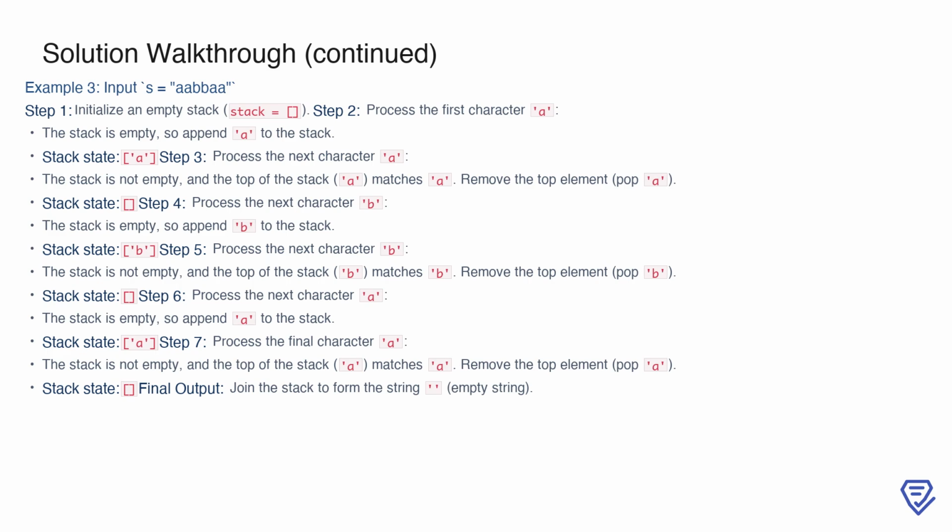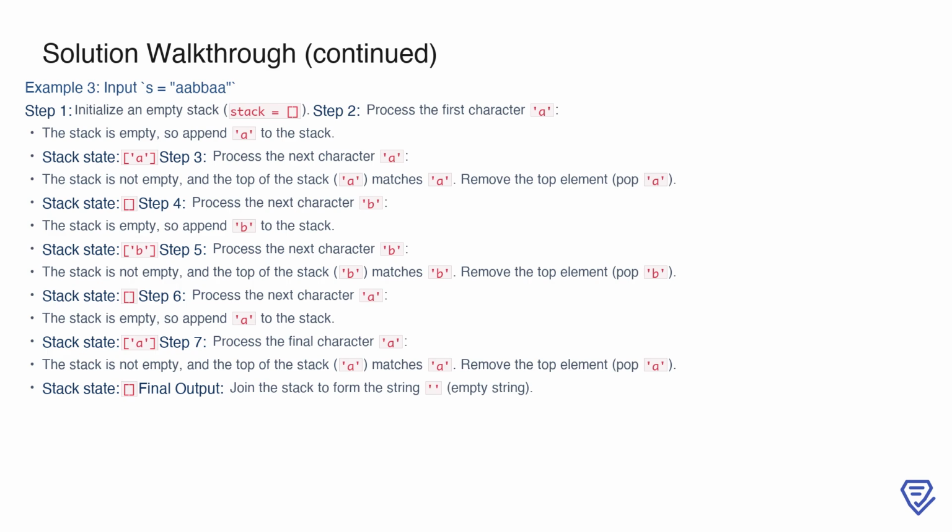Moving to b, the stack is empty, so we append b, resulting in b. The next character is another b. The top of the stack, b, matches the current character b, so we pop b, leaving the stack empty again. Now, we process a. Since the stack is empty, we append a, making the stack a. Finally, the last character is another a. The top of the stack matches the current character a, so we pop a, leaving the stack empty. At the end, the stack is empty, so when we join its elements, we get an empty string as the